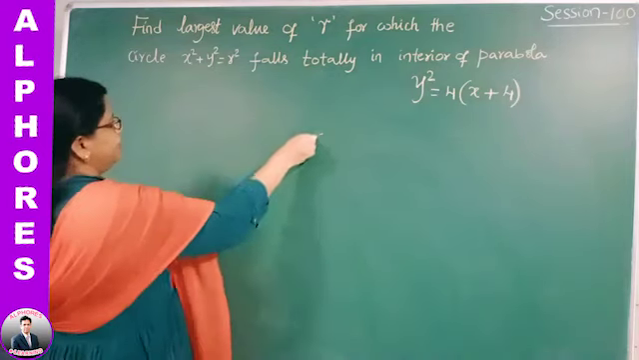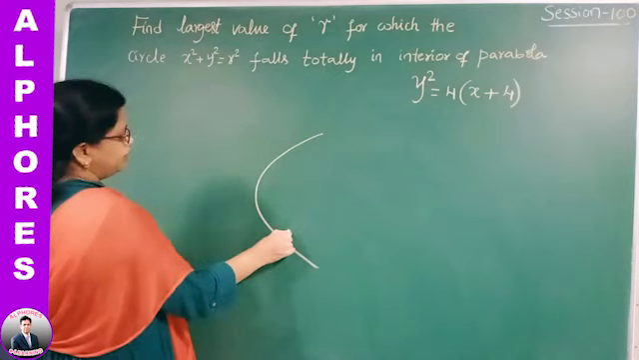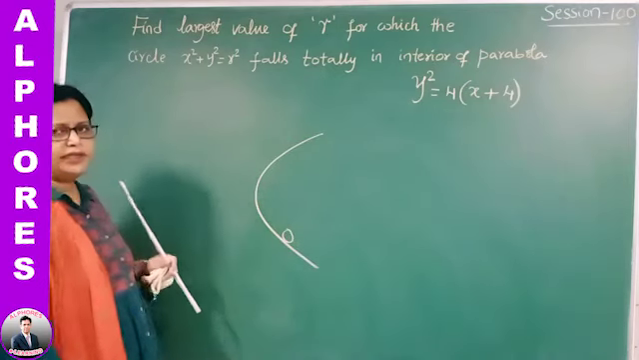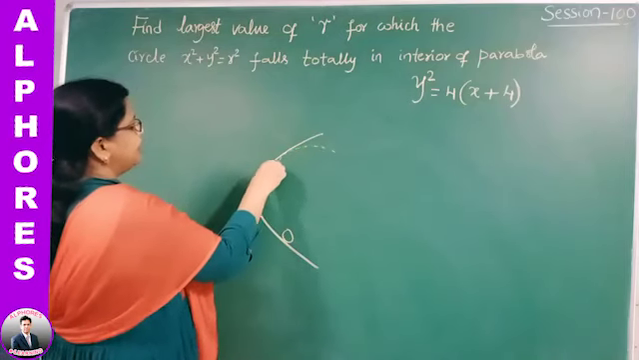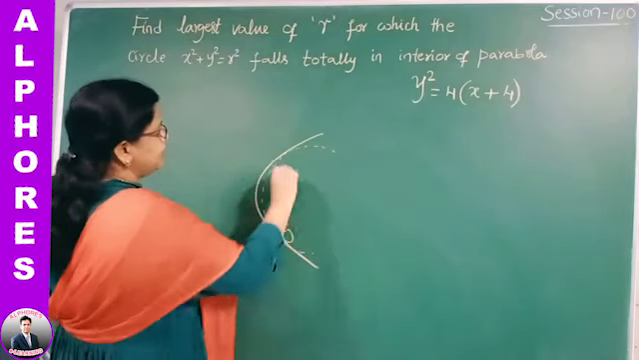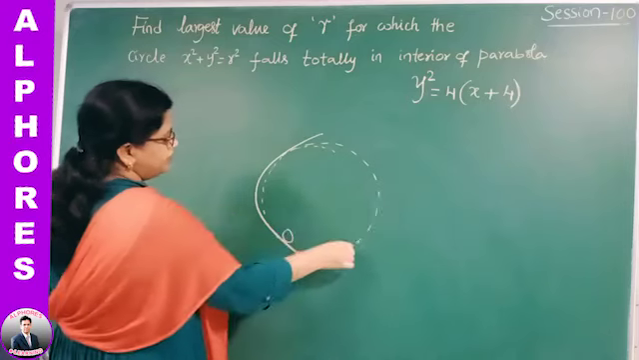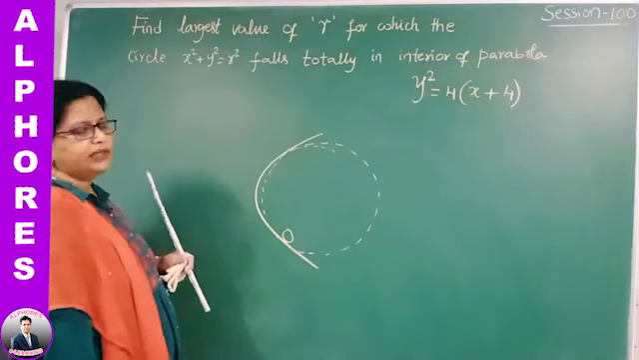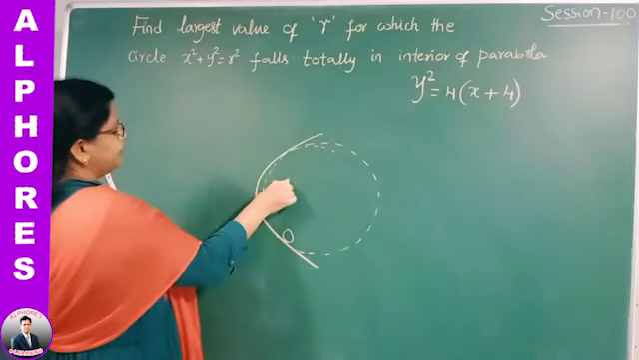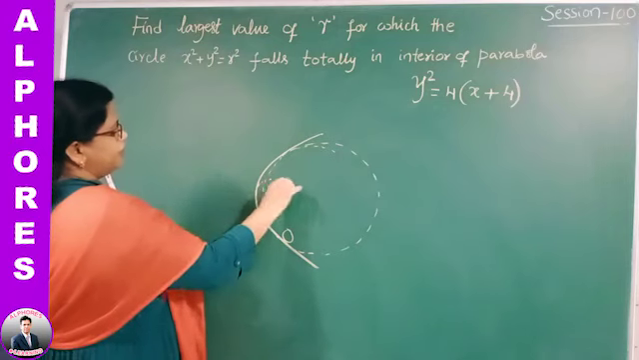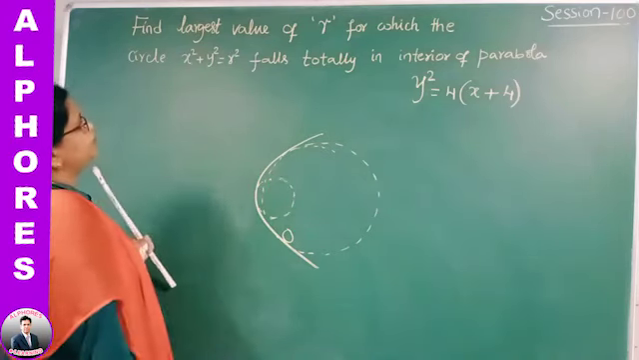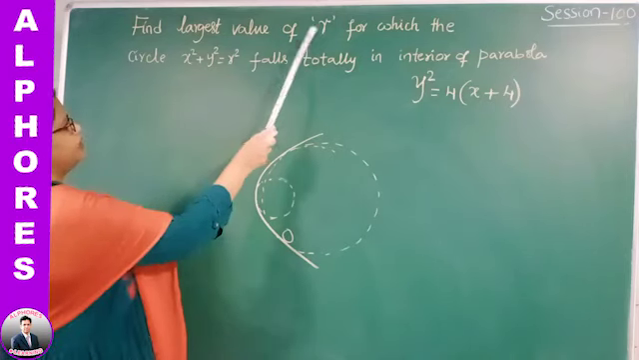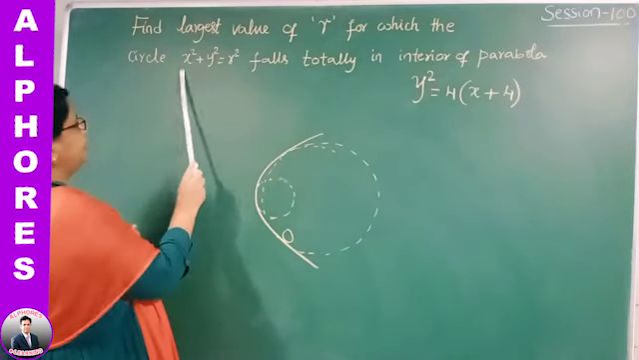That means if you take a parabola like this, and suppose I take a circle in this way, it is not the largest one. Okay, and suppose I take the circle like this, then you can say this may be the largest one. Or if I consider it like this, then it may not be the largest one. Okay, so what is the maximum possible value of the radius r for which the circle,